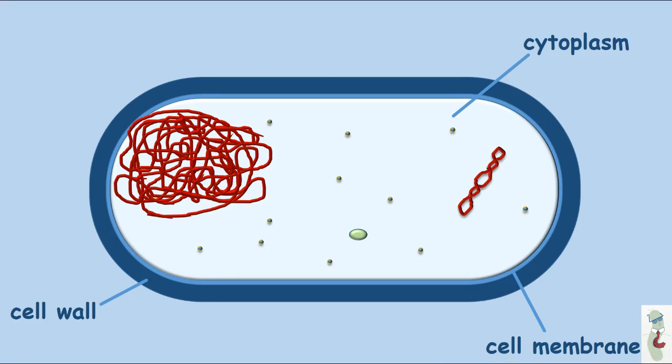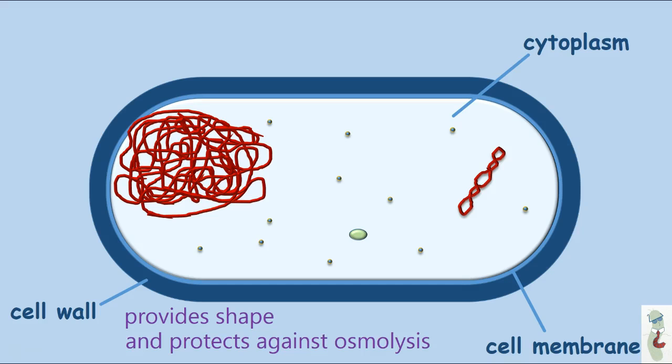Surrounding the cell membrane is the cell wall, which gives the cell its shape. Make sure you don't confuse the cell wall with the cell membrane. The cell wall also protects the cell from osmolysis. Osmolysis occurs when the cell is in a hypotonic solution, which results in a large amount of water that enters the cell. That's when the water moves in the direction from high water concentration to that of lower